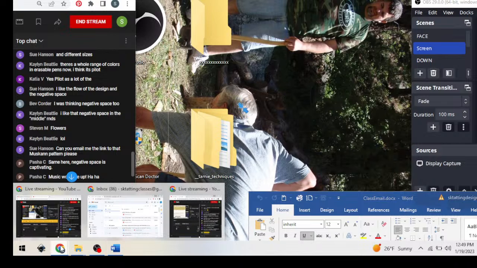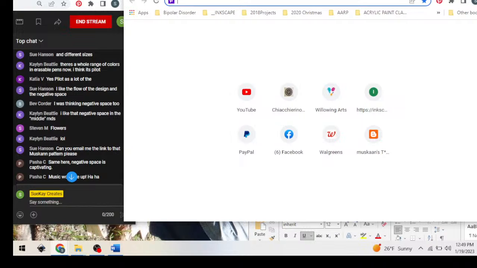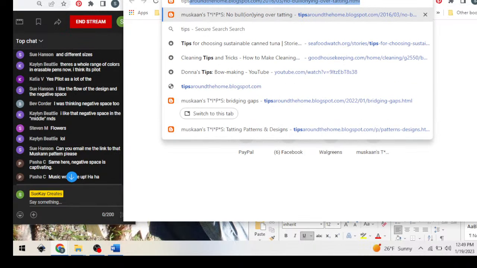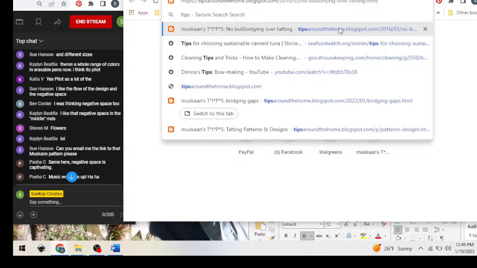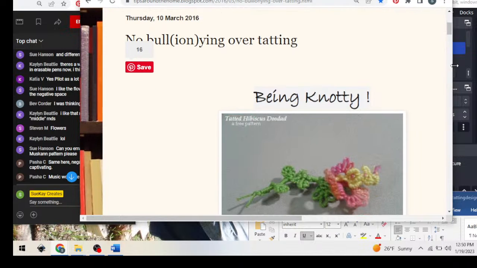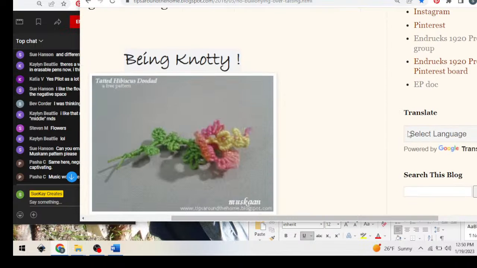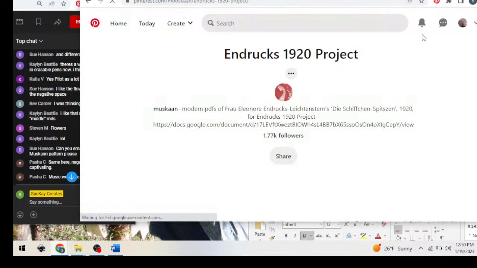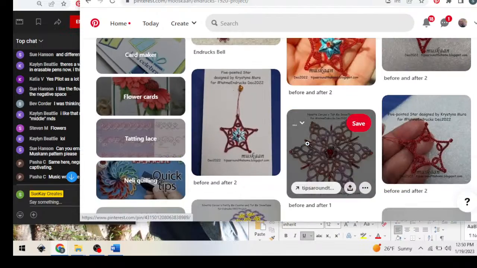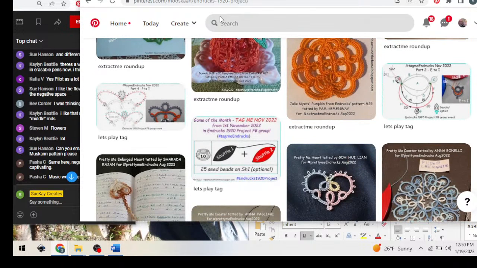I'm going to just open up a new window, I guess. I don't even see it in my... here I go, you're seeing my screen, tips around the house. And I'm going to go search for, I gotta make this. Oh, there's the board. I bet she's got it on here. I know she's got it on here. Well,